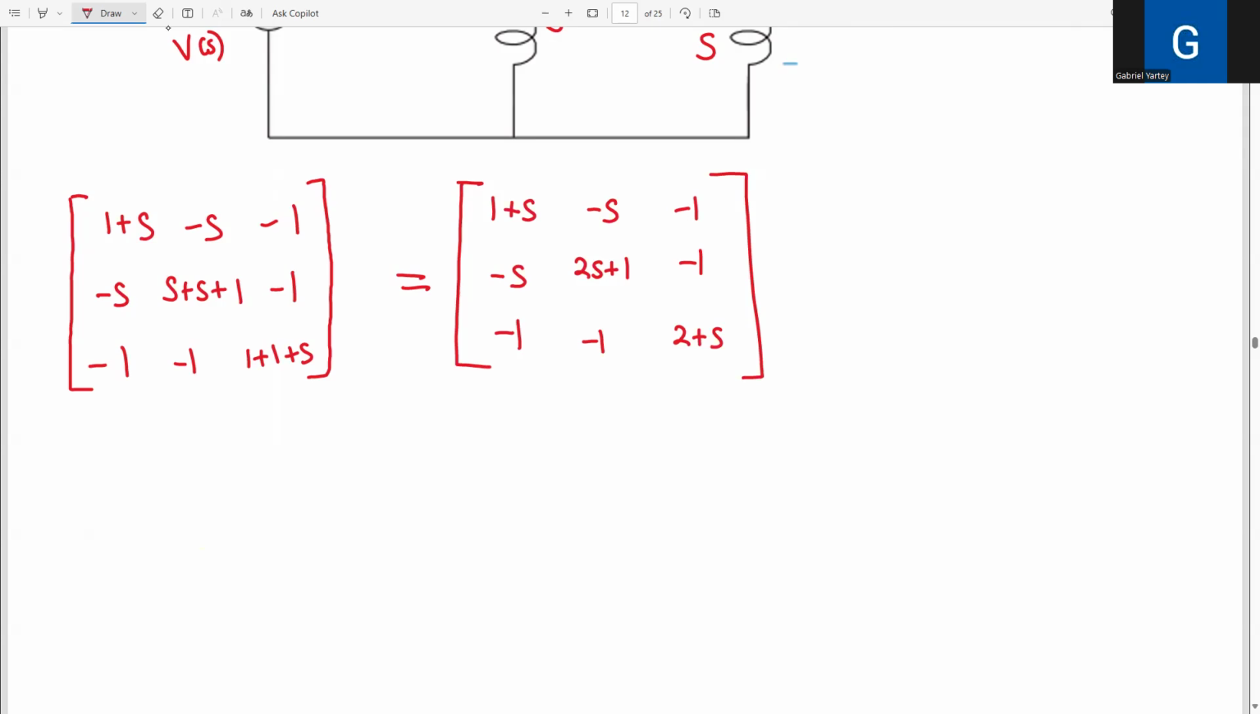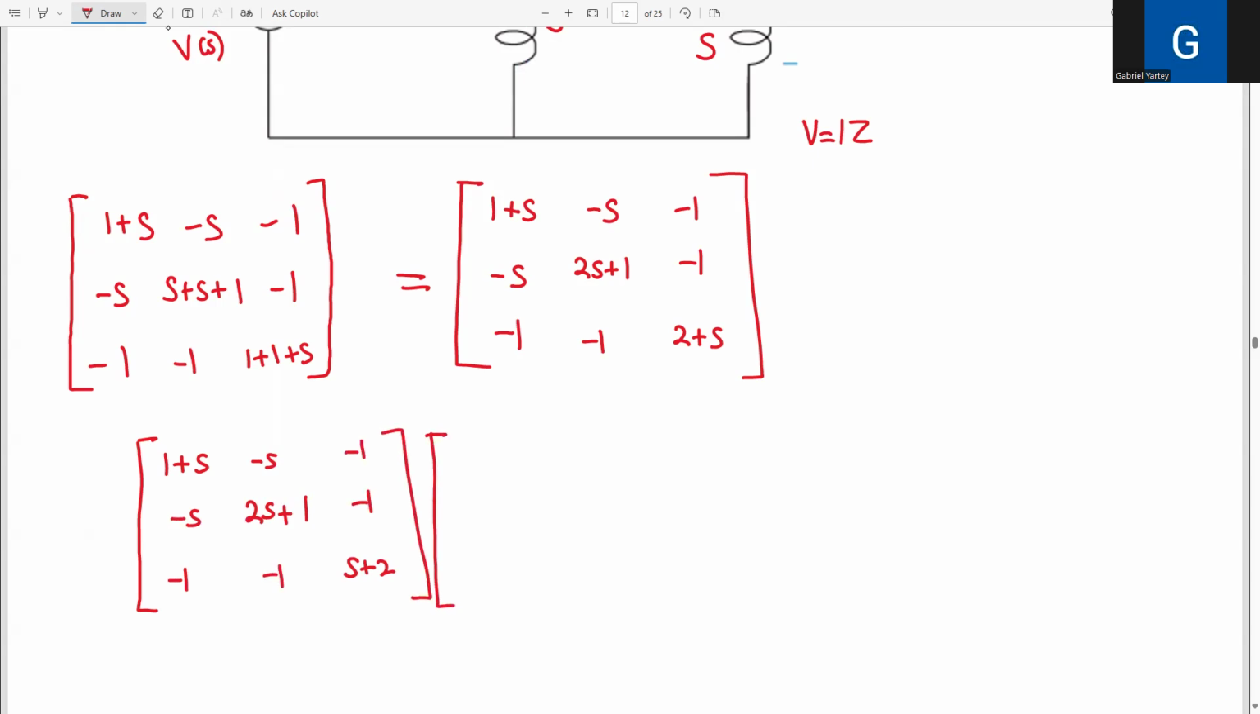So always have this in mind. V is equal to I, Z, right? So it means that my impedance matrix, which is this, 1 plus S, 2S plus 1, S plus 2, minus S, minus S, minus 1, minus 1, minus 1, minus 1, multiplied by the current is equal to